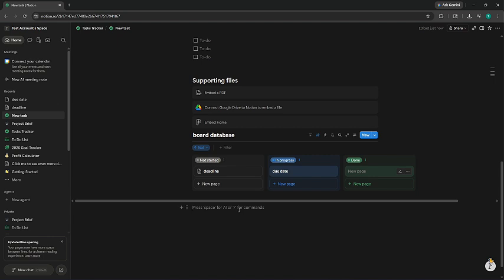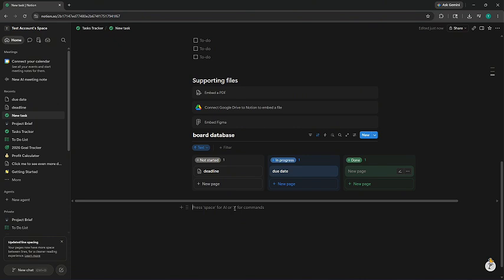Start by opening the page where you want the table to appear. This could be an existing page in a project area, a notes space, or any section of your workspace. Give the page a moment to load so you're working in the right spot. Once you can see the content canvas, place your cursor inside the page content area. This tells Notion that you're ready to add something new and ensures the table ends up exactly where you want